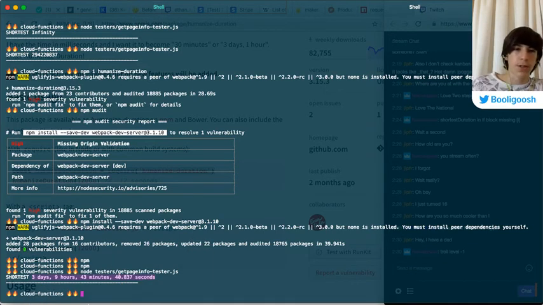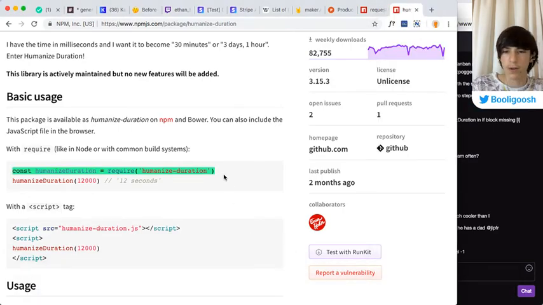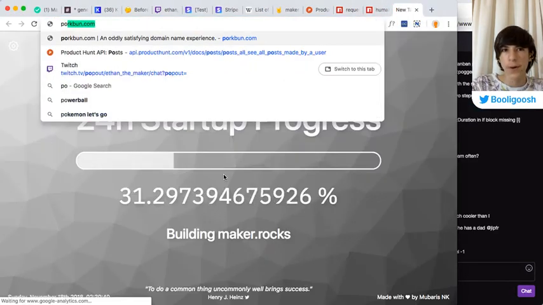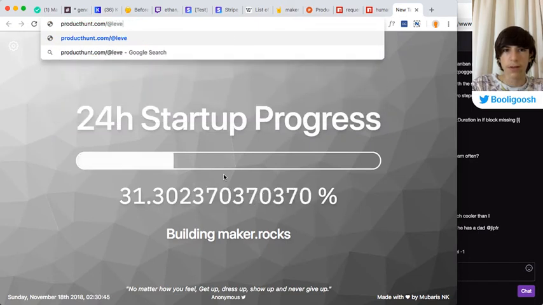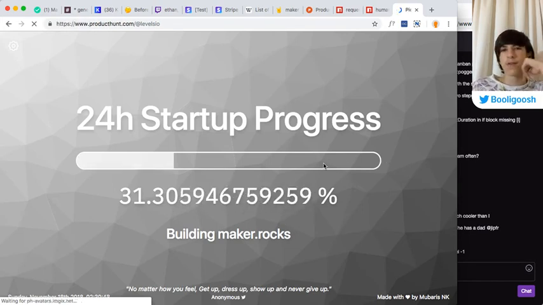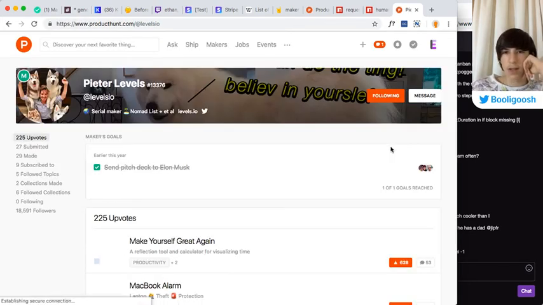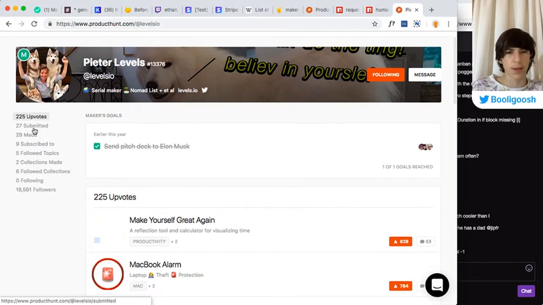Okay, so this looks approximately right. 3 days in between one of Peter Level's product hunt launches. Let's see if that's correct. Levels.io. You know what this reminds me of? It reminds me of SpaceX. I don't know if you're into SpaceX and stuff, but they have a turnaround time thing. I think the minimum between rocket launches was like 2 days or something.